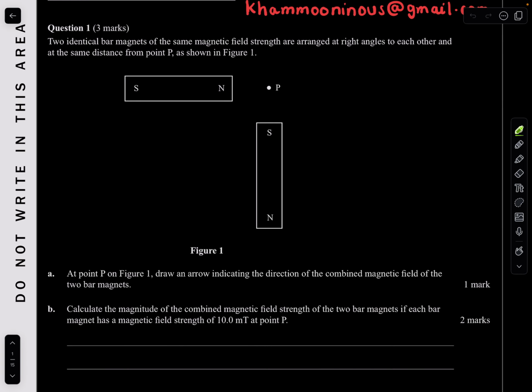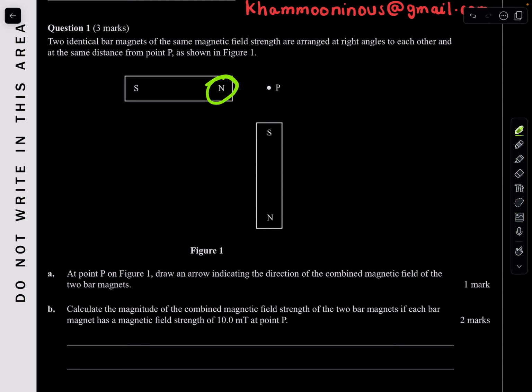Question 1. Two identical bar magnets of the same magnetic field strength are arranged at right angles to each other and are at the same distance from point P as shown in figure 1. At point P on figure 1, draw an arrow indicating the direction of the combined magnetic field of the two bar magnets. Alright, so to draw the overall combined magnetic field, let's have a look at this North